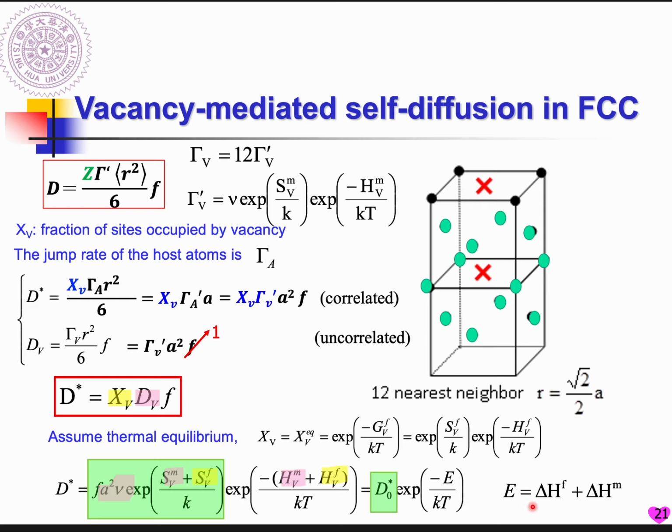Okay, so how to determine the vacancy formation energy and atomic migration energy in FCC through the vacancy mechanism diffusion process? How to do that? How to measure that? Design experiments to measure that. So the concept will be that